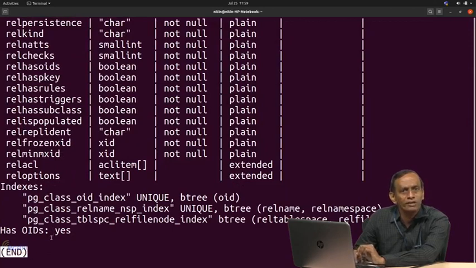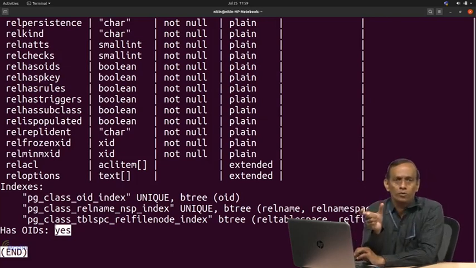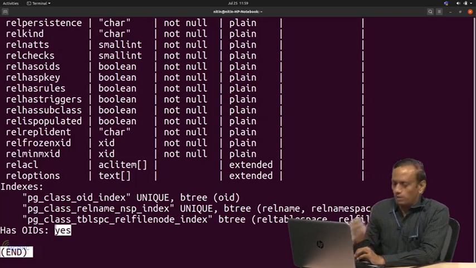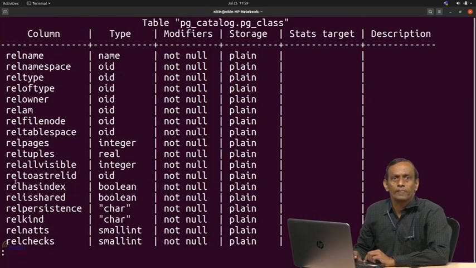In one of the sessions, when we used the WITH OIDS option while creating a table, we saw that with every row an OID was associated. Now, when we see records of this particular pg_class, it has relname.